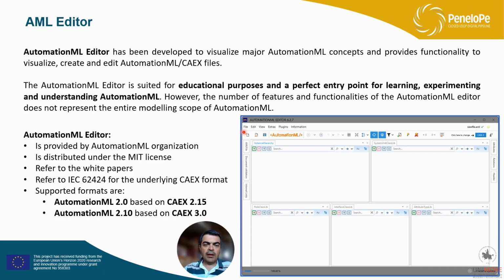Let's have a closer look at the AutomationML editor. As said before, it has been conceived to visualize the main AutomationML concepts. I would say that more or less it includes all the concepts we may find in the specification of the language and books or white papers that are on the website of AutomationML, or also included in the CAEX format. However, we have to say that the AutomationML editor is mostly suited for educational purposes or as an entry point for who is learning AutomationML or is experimenting and trying to understand AutomationML, since there are few possibilities offered by the language which are not included in